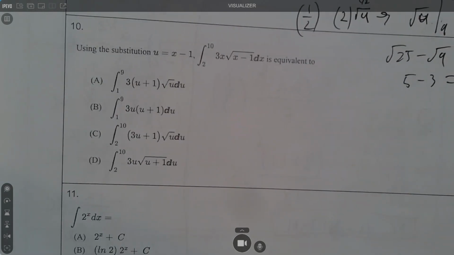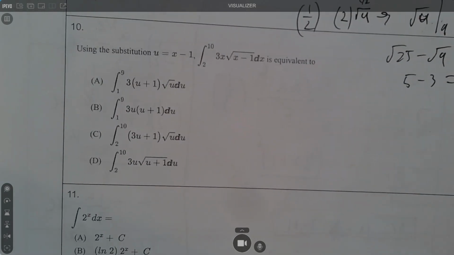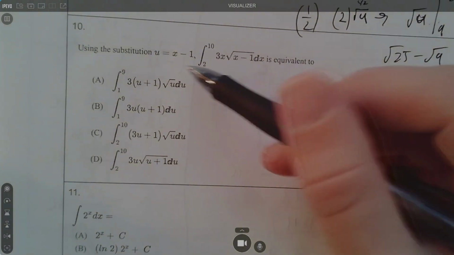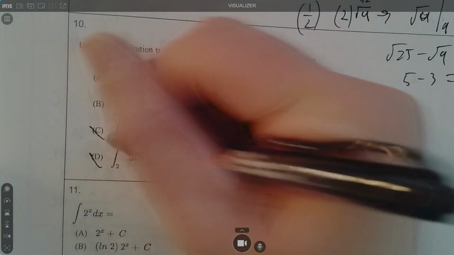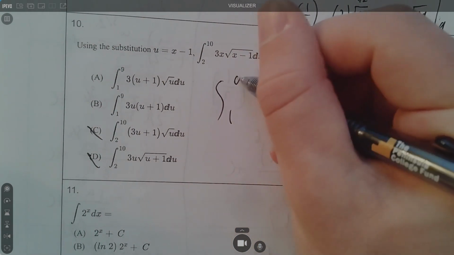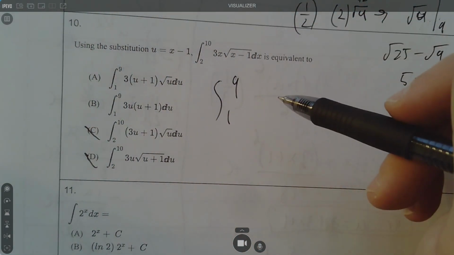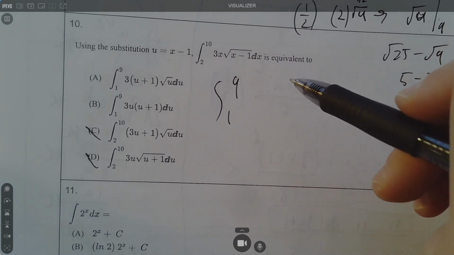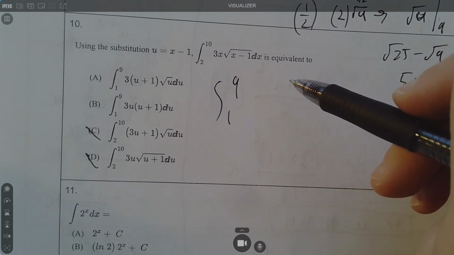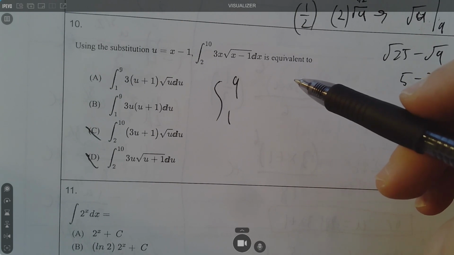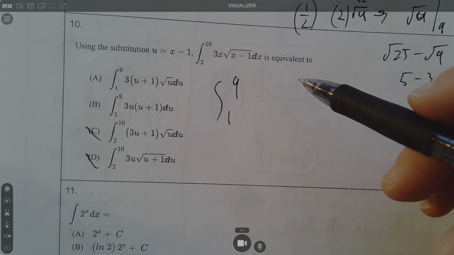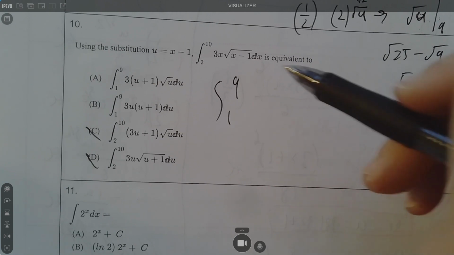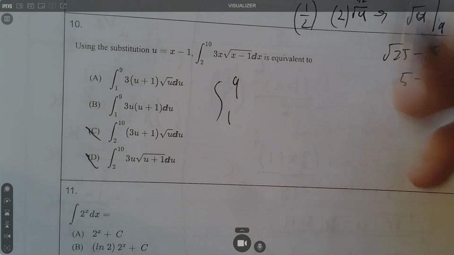Using u sub, what is this equivalent to? So same thing, guys, plug in the bounds into this. So it is going to be 1 to 9, so we can cancel those out because it's interval 1 to 9. When you take the derivative, oh, this is interesting. Yeah, this is not a straightforward problem. So it's going to be